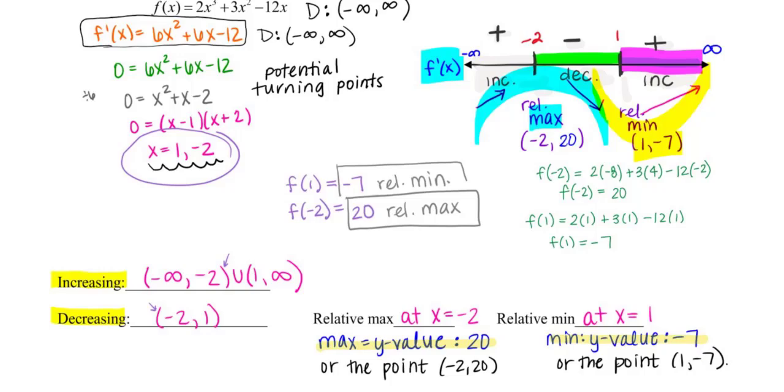Again, increasing is where your f prime is positive, greater than 0. My first derivative is not greater than 0 at -2. It is equal to 0 there. So if I asked you where I was constant, I might say at x equals -2 and at x equals 1. That's where your first derivative would equal 0. But for both of these, you're not going to include them because it's just greater than 0 or less than 0, not when it equals 0.